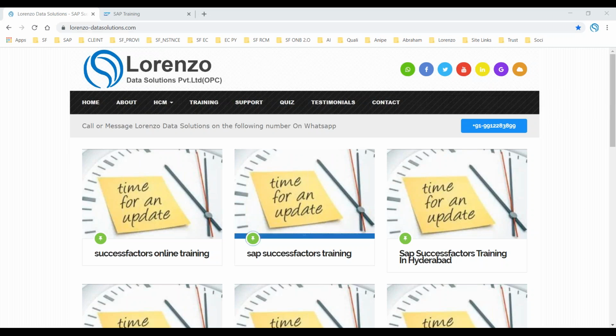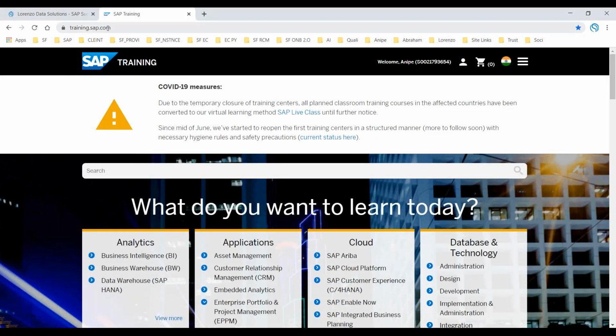The simple thing is, first of all, you need to come to the SAP authorized site, which is training.sap.com. This is the URL that you should always refer to if you want to register for SAP cloud certifications. As soon as you come, you can see that I am already registered with my credentials, and you can see my S user ID. The S user ID always starts with the character S, which means SAP ID. Some call it an S ID, or S user ID.